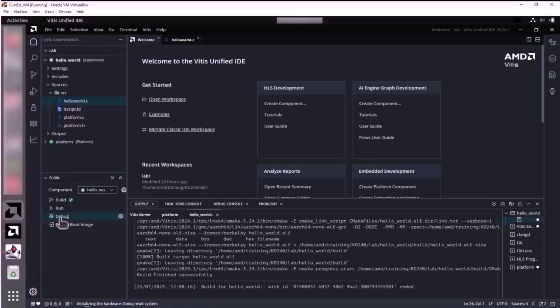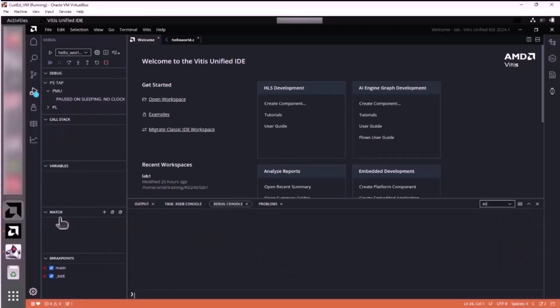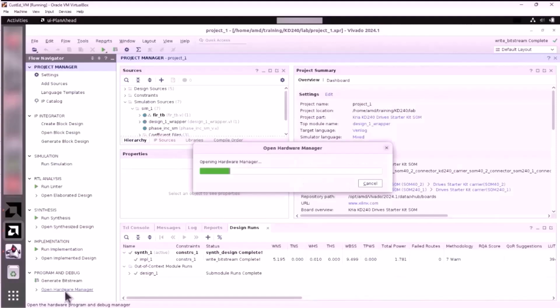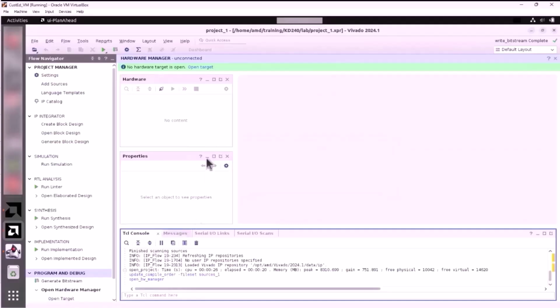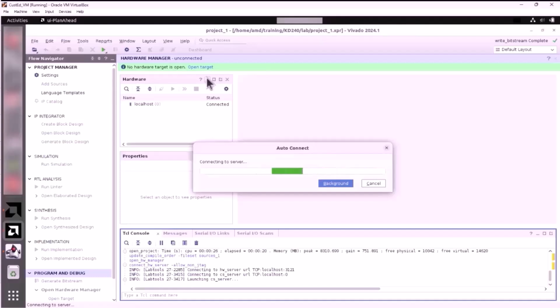This performs the minimum boot sequence required for the Zynq UltraScale+ MPSoC, allowing the AMD Vitis Unified IDE to program the PL with the bitstream. Consequently, the design will be running and the ILA can be accessed from the hardware manager in the Vivado IDE. With the Zynq UltraScale+ MPSoC booted and running, switch back to the Vivado IDE and launch Hardware Manager from the Flow Navigator. The bitstream doesn't need to be reprogrammed as it's already loaded on the device.